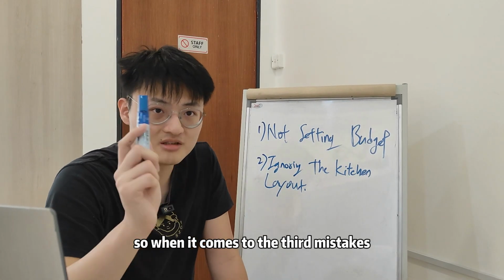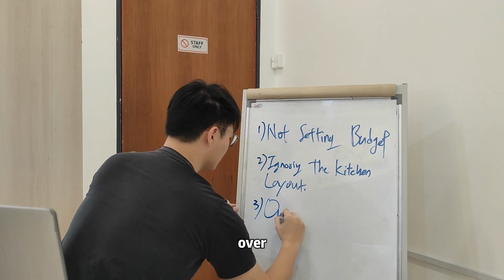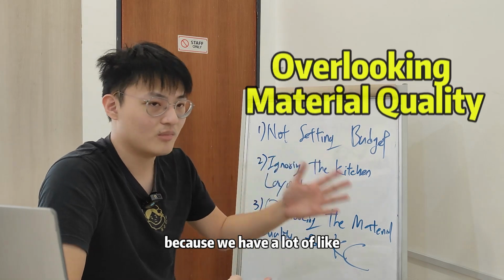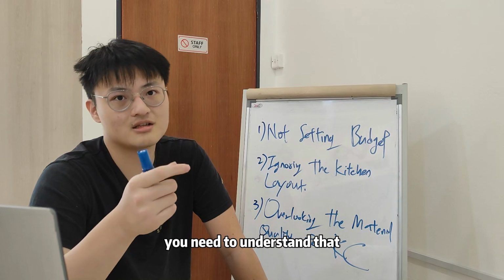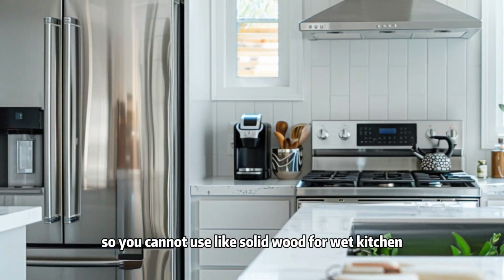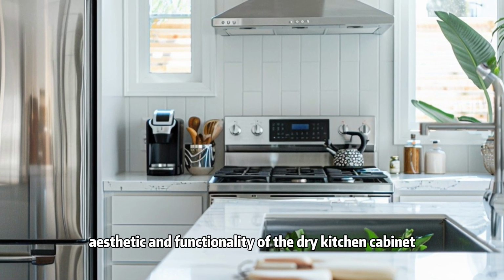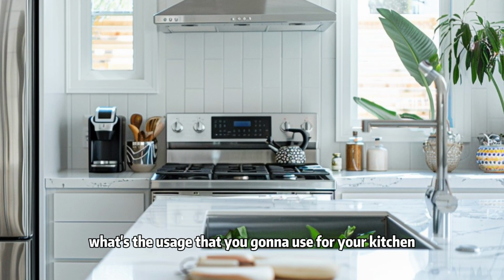So when it comes to the third mistake, I'm going to put it as Okay, this is why. Because we have a lot of budget material and premium material, but you need to understand that first. You need to understand whether your kitchen cabinet is for a wet kitchen or a dry kitchen. So you cannot use solid wood for a wet kitchen, right? Because it's going to absorb the water and then it's going to affect the aesthetic and functionality of the cabinet. So you need to understand what usage you're going to use your kitchen for,